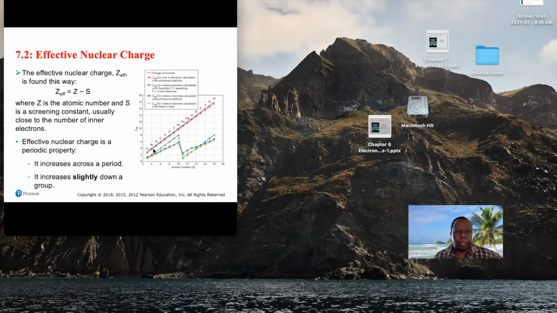We will see that there is a general increase across the periodic table. As you go down, there is a slight